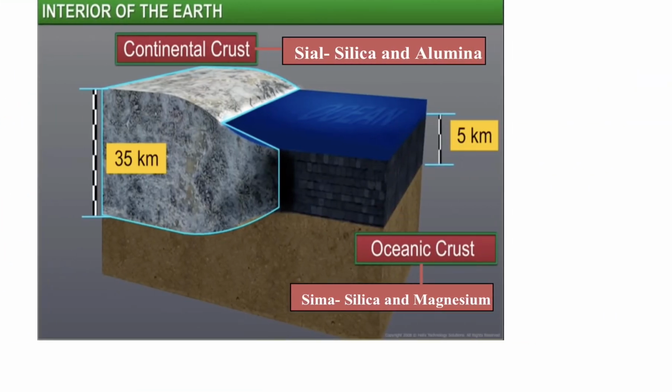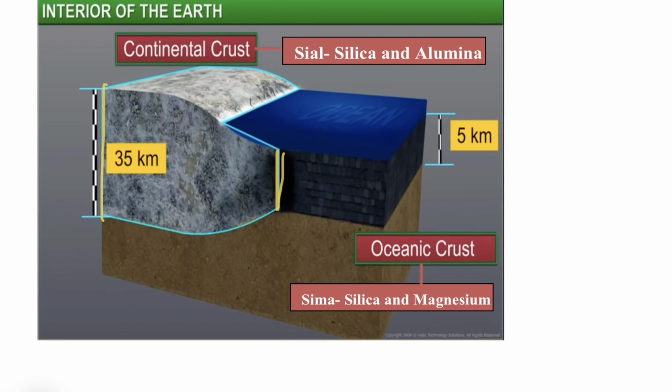Now, see the thickness of the continental and the oceanic crust. The thickness of the continental crust is 35 kilometer, but it's not the same all over the earth's surface, all over the continents. It can vary depending upon the type of landform. As you can see in this picture also, here the thickness is 35 kilometer, but here the thickness is much less than 35 kilometer. This is also a part of the continental crust. The thickness can vary on the basis of landform. Where there are mountains, there the thickness is more.